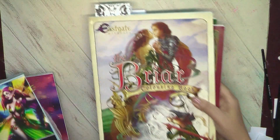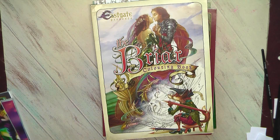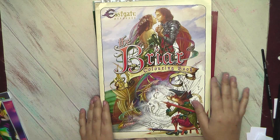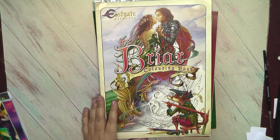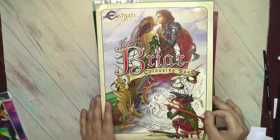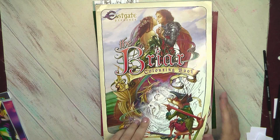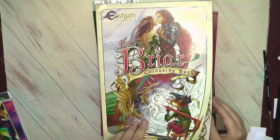And finally, let me show you books where I have just one or two finished pictures. So, Briar. For me, it's one of the gemstones in my colored book collection. It's relatively rare now, and I haven't seen many finished pictures, just from several colorists. And of course, I would say that it's definitely on my top list of favorite books, but surprisingly I did